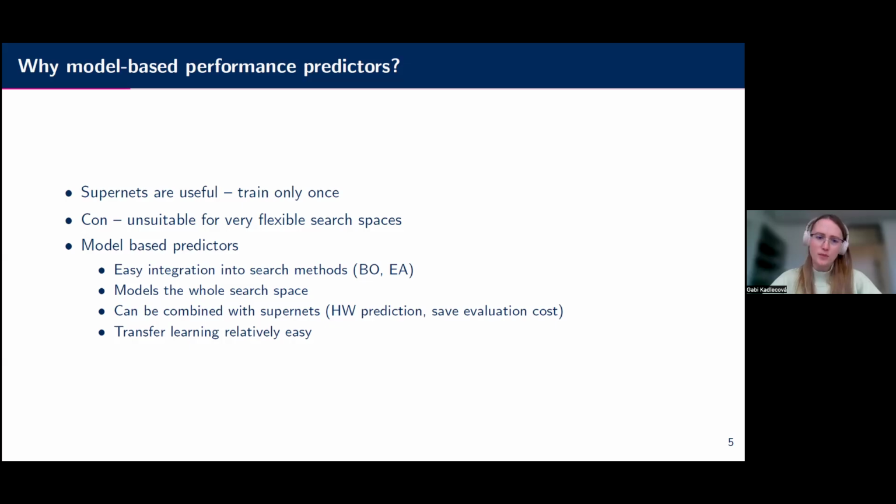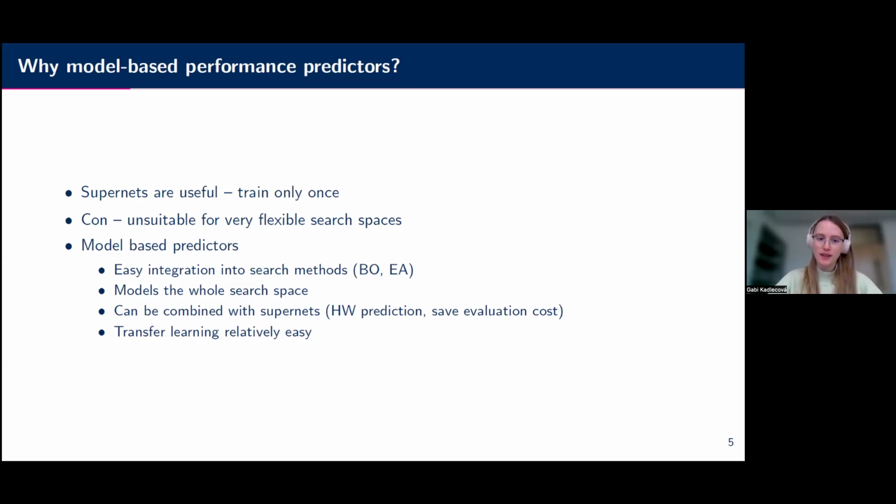And it's not supernet or a model-based predictor; you can also combine them, and people do that. So for many supernetworks like HAT, hardware-aware transformers, OFA, all of these have a hardware surrogate to avoid, even though it's cheap, maybe you don't want to do it for all the 10,000 architectures that you've got. So a predictor will make that easier for you.